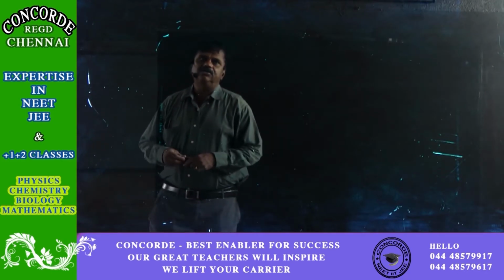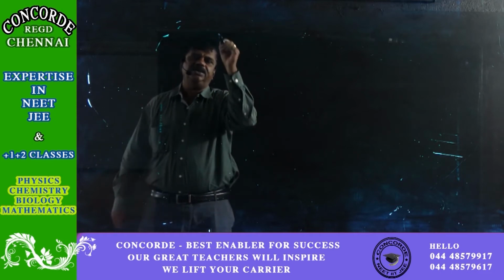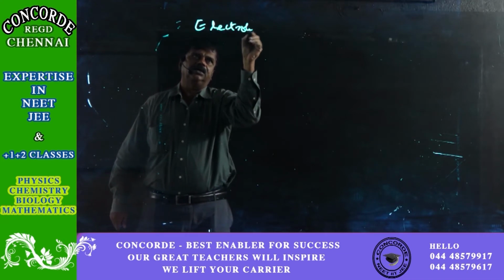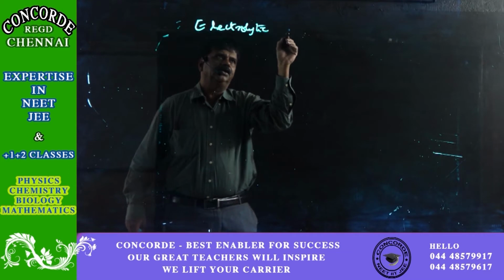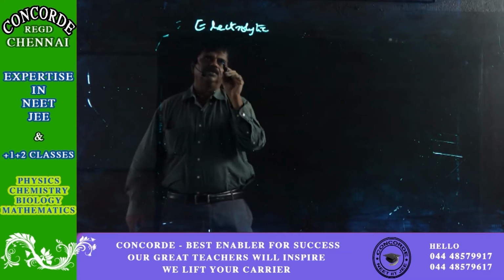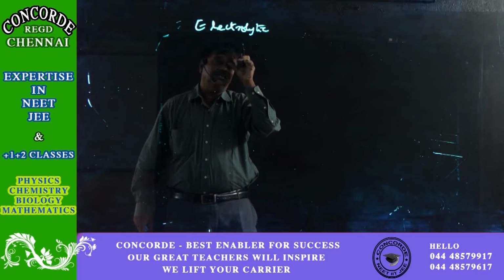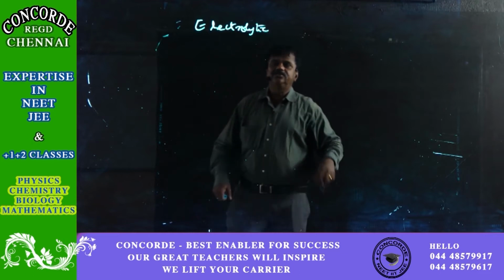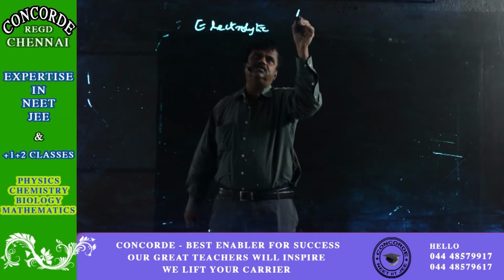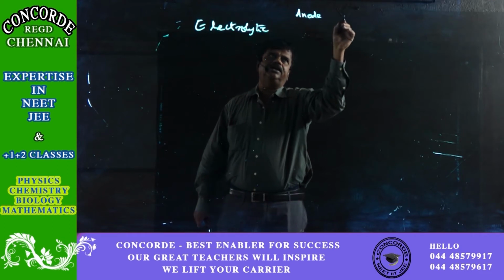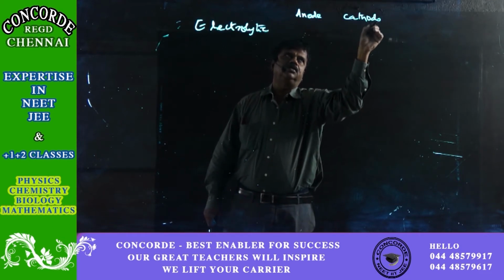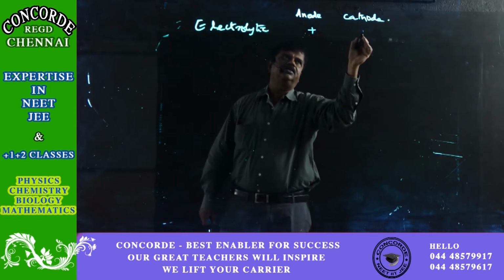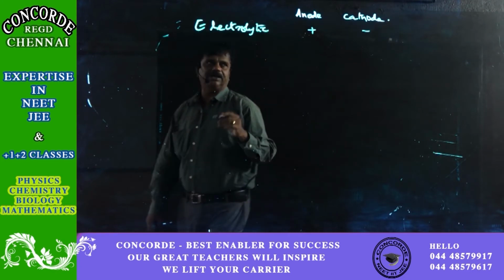Cells. And now, to avoid confusion, let us see what is the difference between an electrolytic cell and an electrochemical cell. In the electrolytic cell, electric current is used for splitting of ions or for making a chemical reaction. So here the anode and then the cathode. The anode is generally represented as plus, and the cathode is represented as minus in the electrolytic cell.